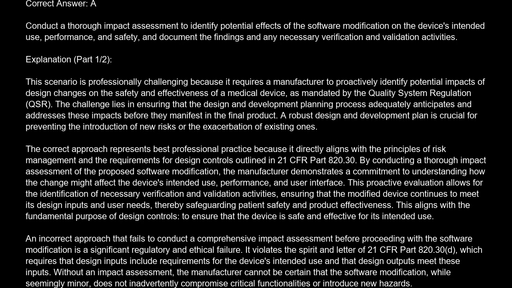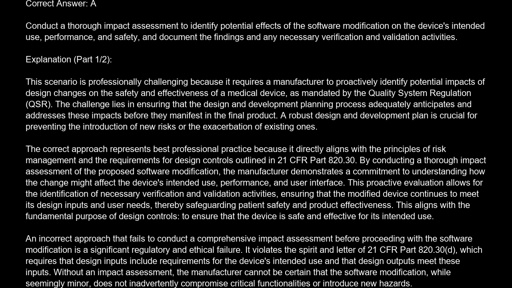The correct answer is A. Conduct a thorough impact assessment to identify potential effects of the software modification on the device's intended use, performance, and safety, and document the findings and any necessary verification and validation activities. Explanation: this scenario is professionally challenging because it requires a manufacturer to proactively identify potential impacts of design changes on